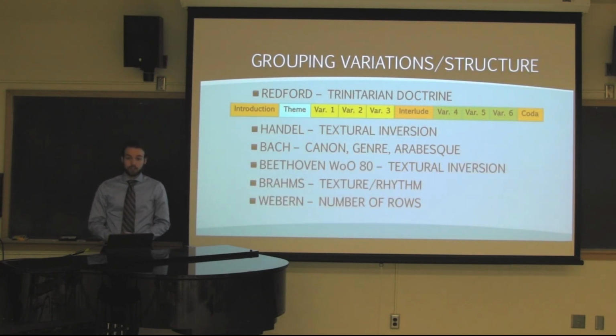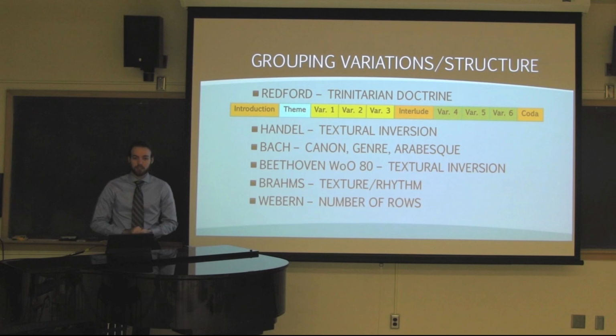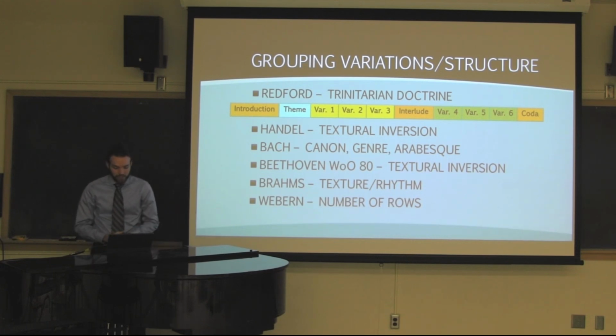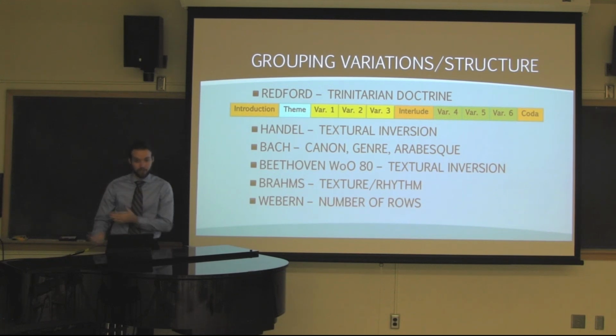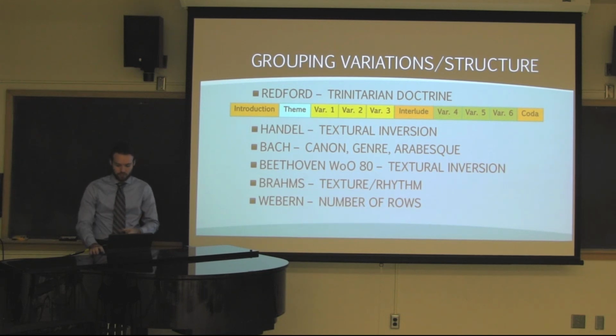Redford uses that Trinitarian doctrine, like I mentioned, to organize his whole piece: introduction, interlude, and coda, separating the 2 groups of 3 variations. Handel was using grouping variations with textural inversion, which also was seen in the Beethoven Opus 80. Bach had that strong structure of canon, genre, and arabesque. Brahms was using textures or rhythms, and then Webern was using the number of rows. So very different ways to sort of group variations together, but all grouping variations to create a coherent